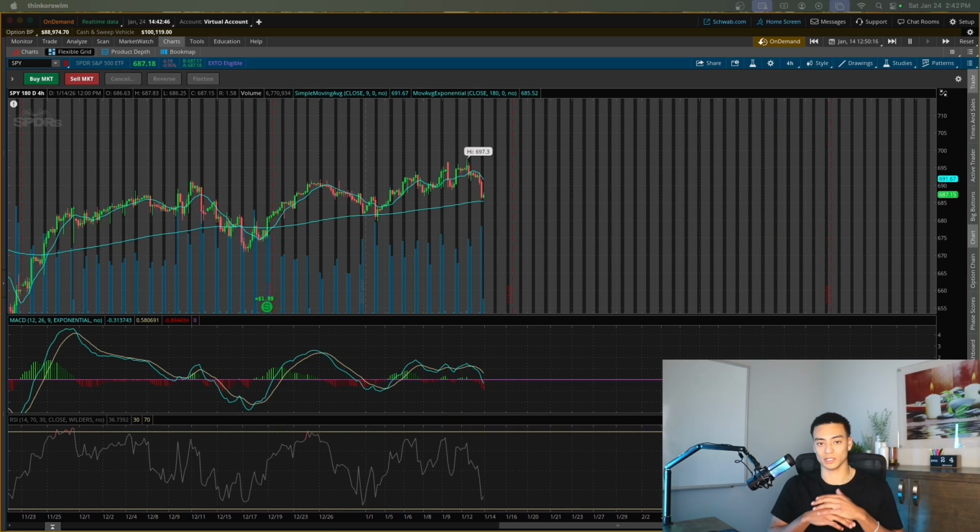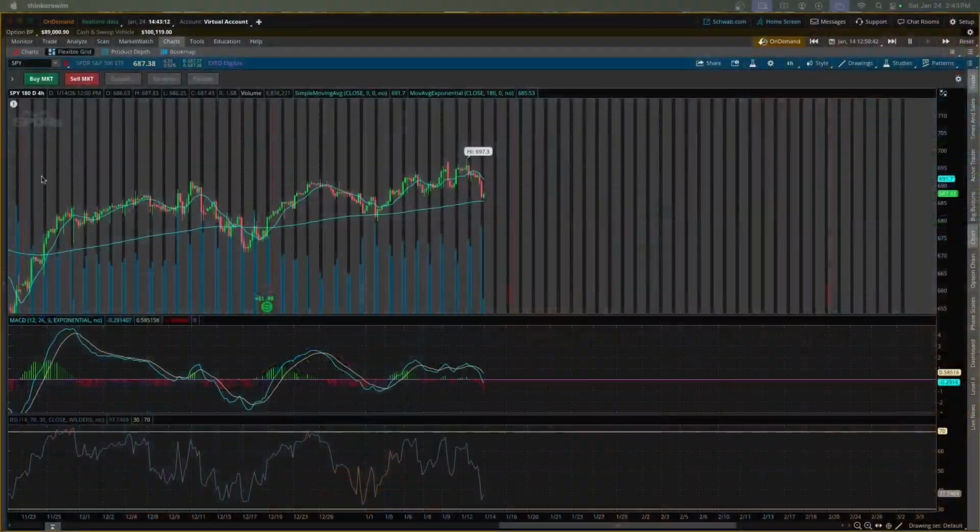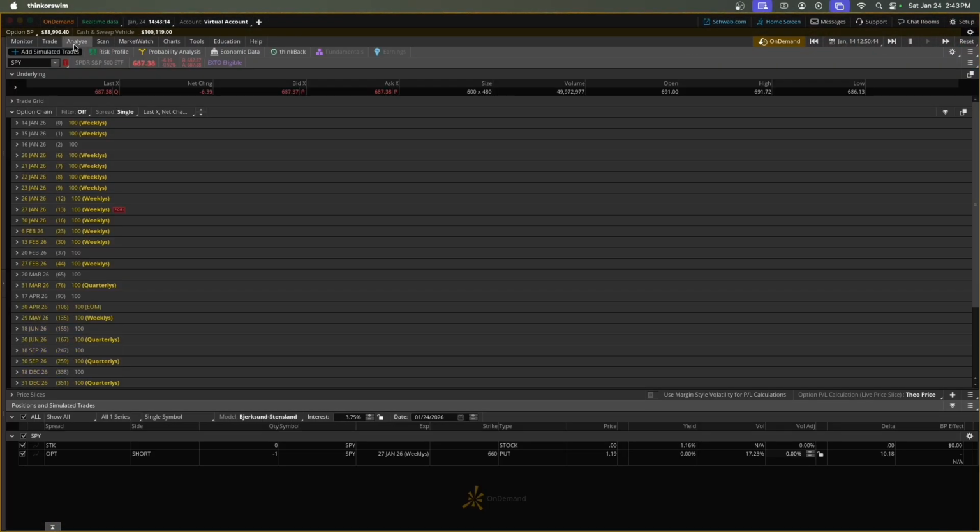The contract is going to expire worthless, and I've already received the money up here, but I do not have to purchase those shares of stock. And I can just do this over and over and over again and essentially just make more money. It's the same thing as a cash secured put, but what happens next is if you get assigned. And this will happen eventually when running this strategy: you'll get assigned. And what happens once you get assigned is